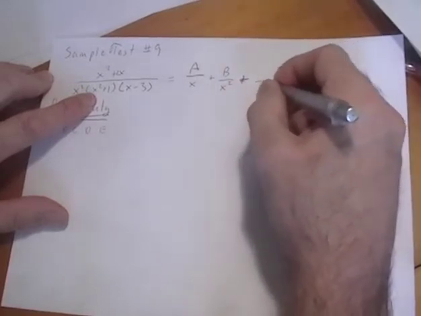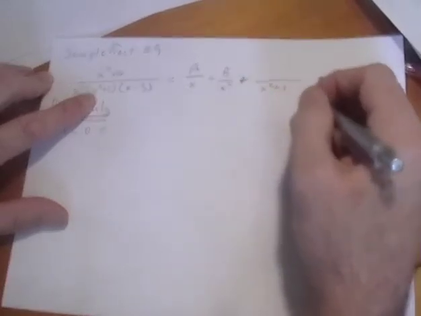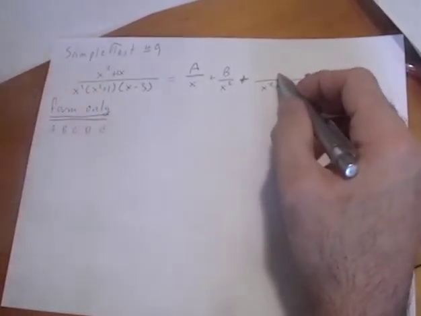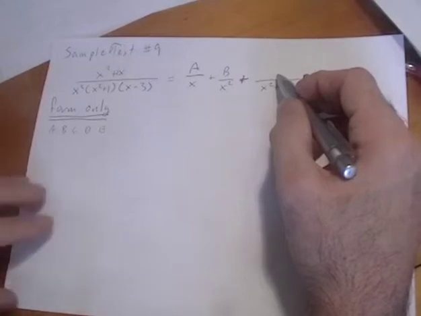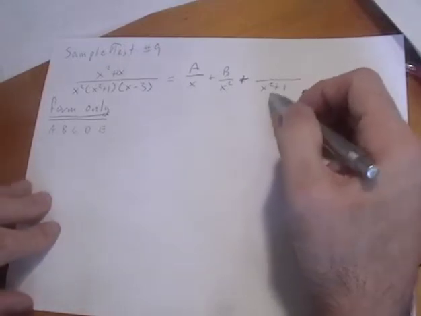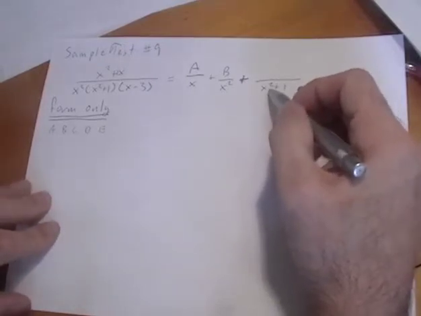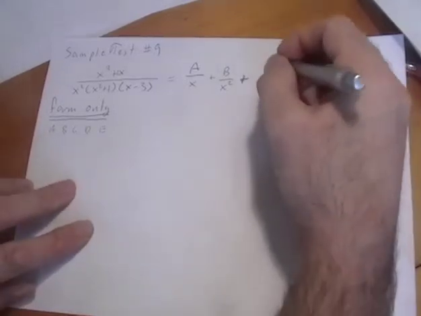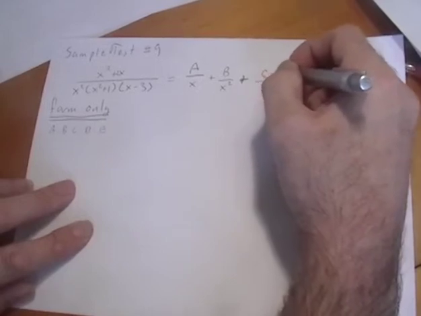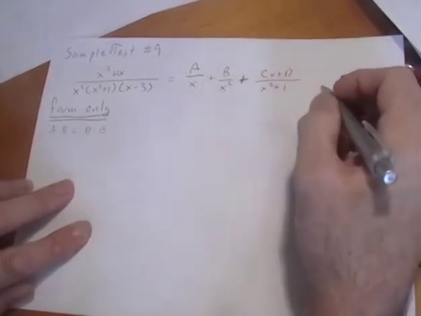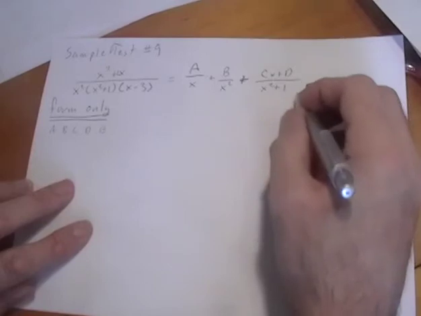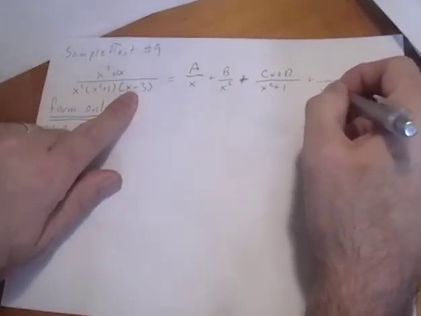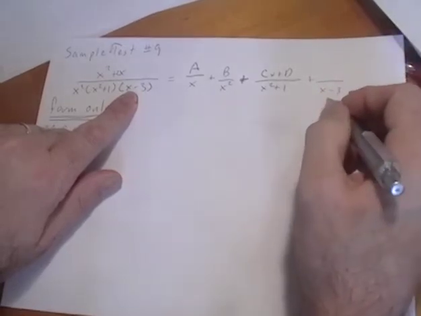where I have an x squared plus 1, that doesn't factor, up top I'm going to need an expression that is just under it in terms of magnitude. So instead of a second order, I want a first order on the top. So that will be a cx plus d. For my last term, the x minus 3, I will just put up